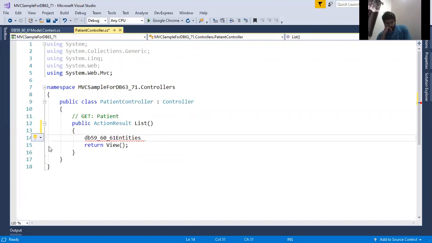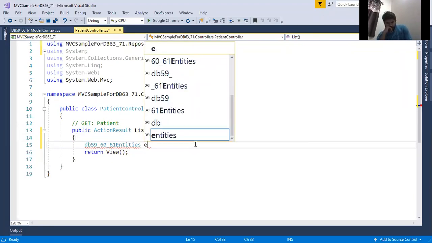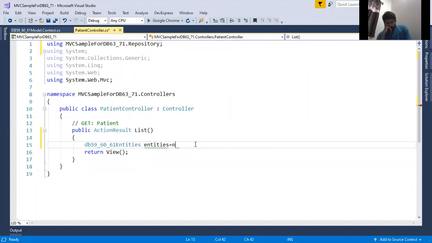Click on repository. Then you give the name as entities is equals to new entities. So tell me, who created this class? DB 59, 60, 61 entities. Who created?